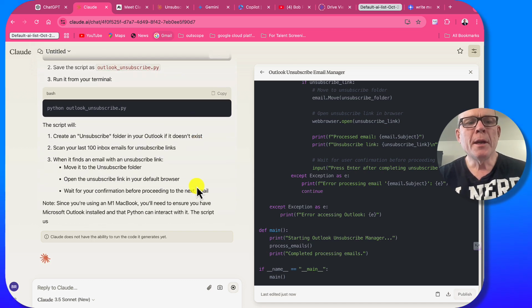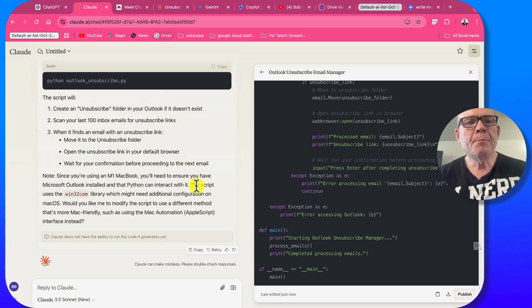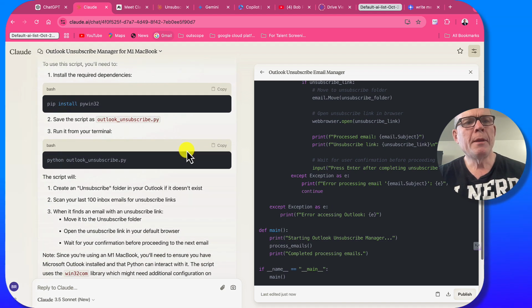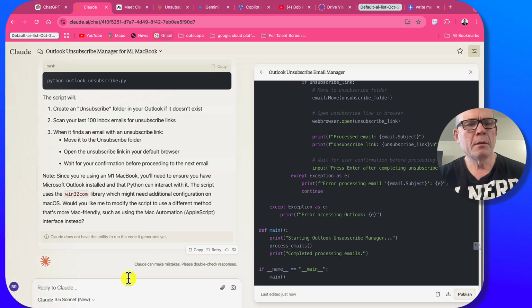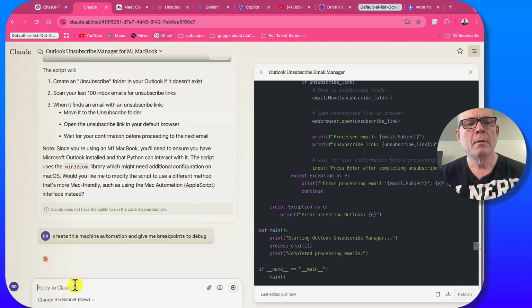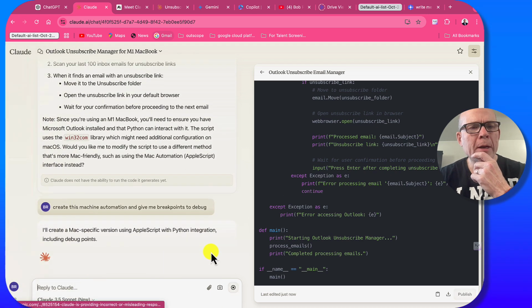So the nice thing is the thing that Claude has done in the 3.5 version is they're building something that can do this as an automation. And I'm going to say create this machine automation and give me breakpoints to debug. We'll see. I'm in one of the beta programs,